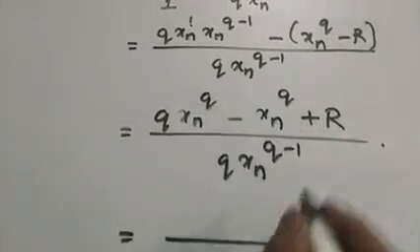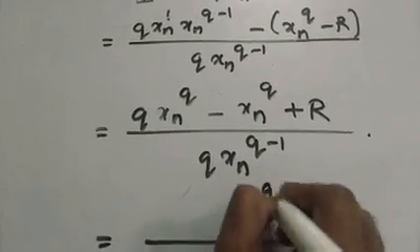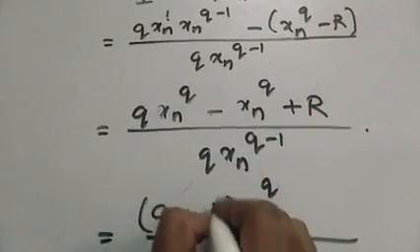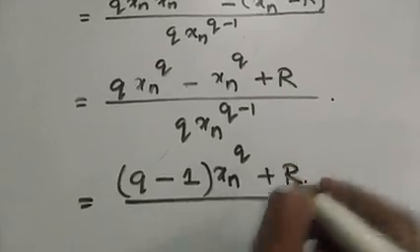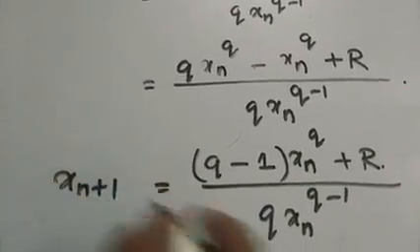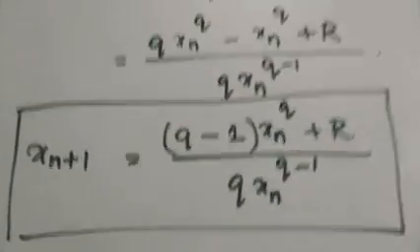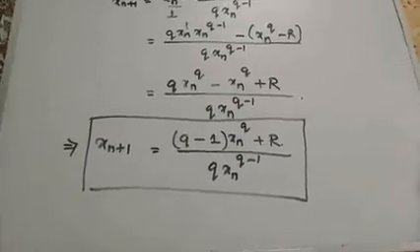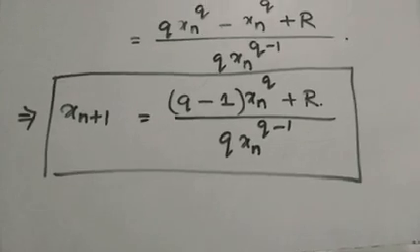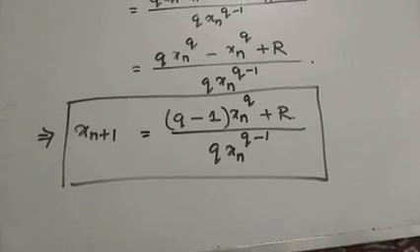Now in the first two terms, we can see that there is a common factor, that is xn to the power q. Let us take the common there. We have taken the common, so what remains from the first term? Q, then minus, and from the last term just 1 plus r divided by q xn to the power q minus 1. Xn plus 1, this was on this side. So this is your final formula for Newton's iterative formula for finding qth root of a positive real number r. Got it? This is your formula where q is the root. Okay, qth root of a positive real number r.